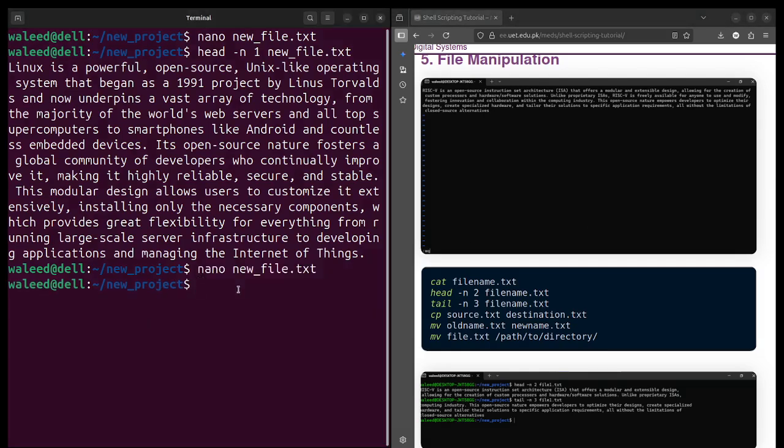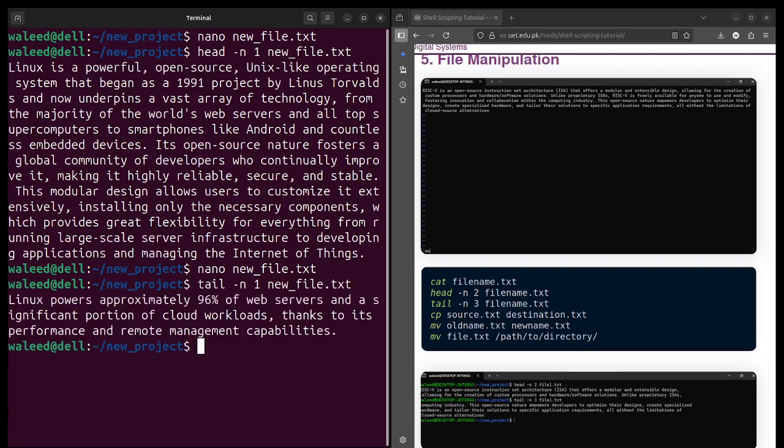Okay, now if you want to print the last line of a paragraph, you just have to write tail -n1 and then the file name, and it has given me the last line of that paragraph. Look, these two are not the same. It is the first one and it is the last one. So head and tail are mostly used when you want to directly see the first or last few lines of your long paragraphs or text.